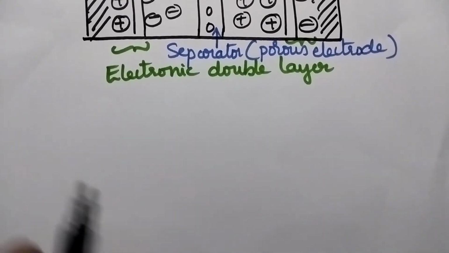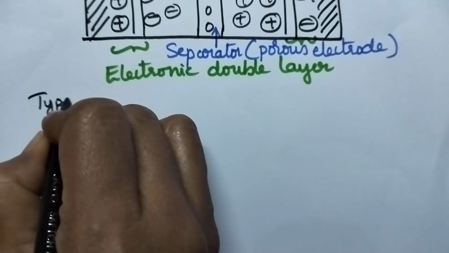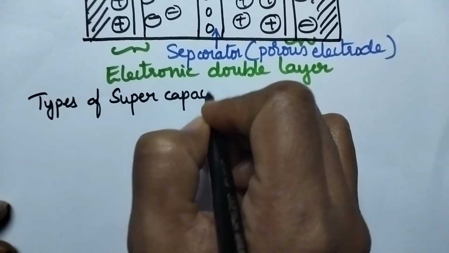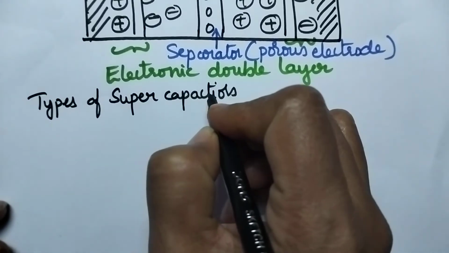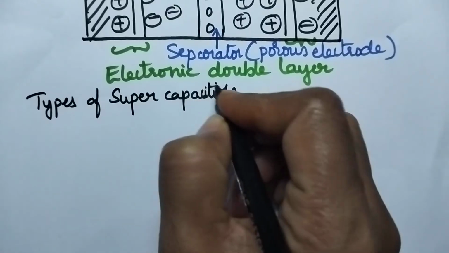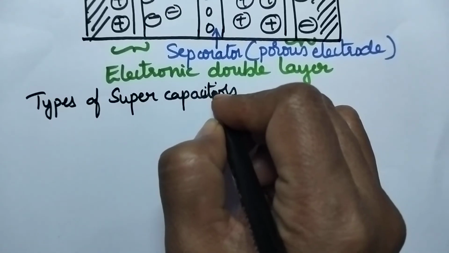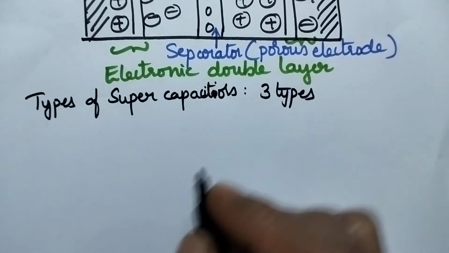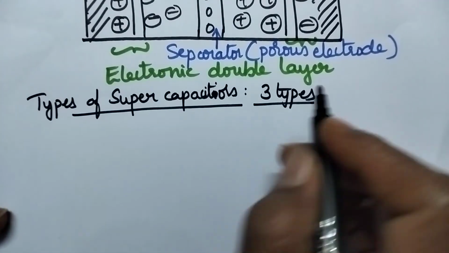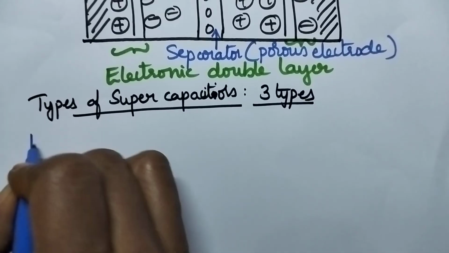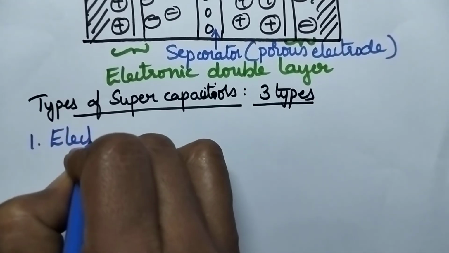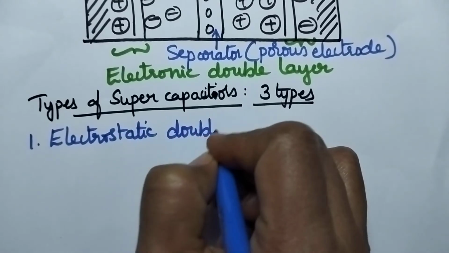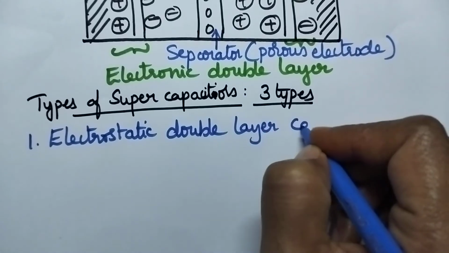Now let me discuss the types of supercapacitors. These supercapacitors are generally classified into three types, namely electrostatic double layer capacitors,